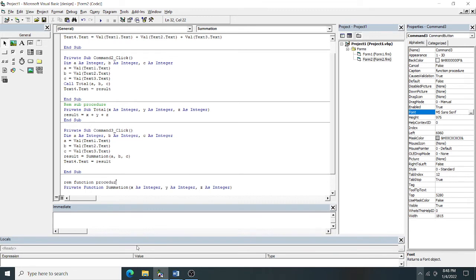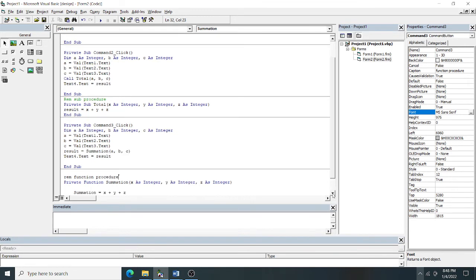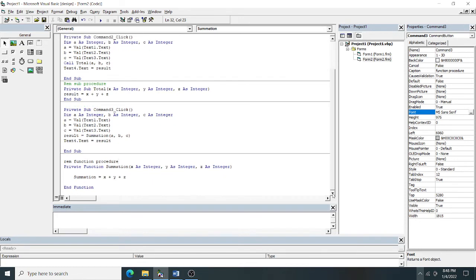So what is the difference, in the exam? They will ask what is the difference between sub procedure and function procedure. A sub procedure does not return any value, but a function procedure will return a single value.